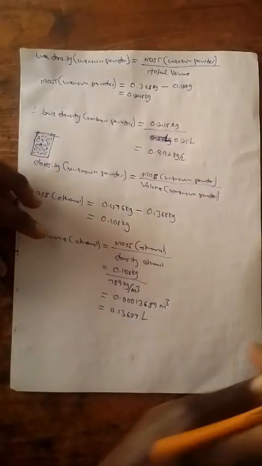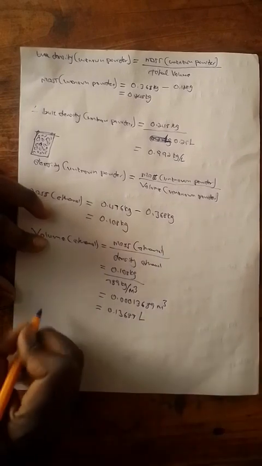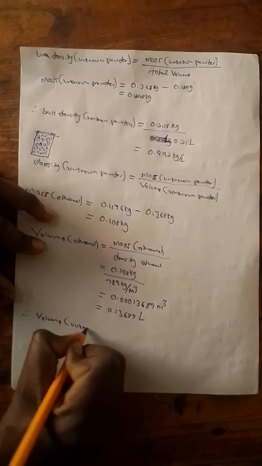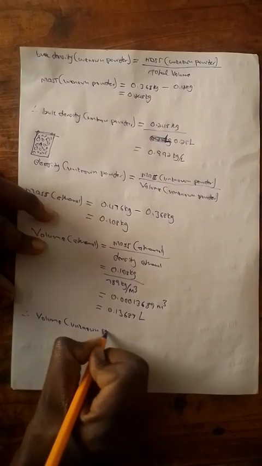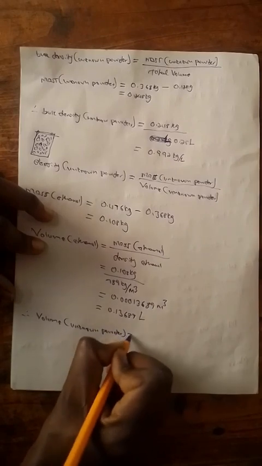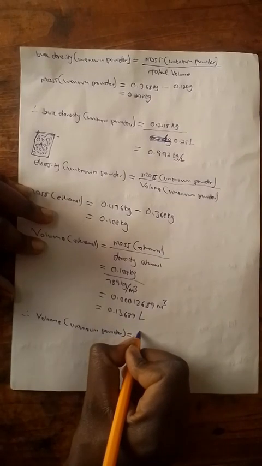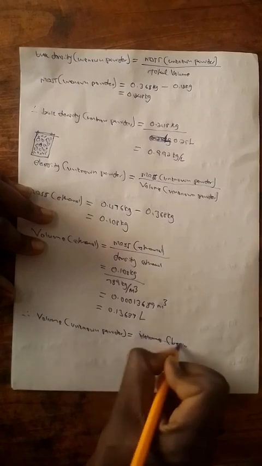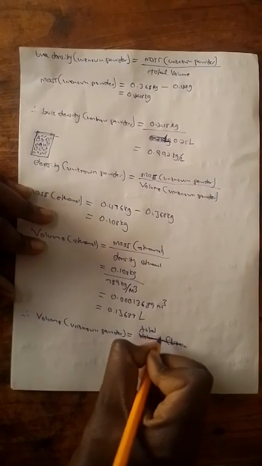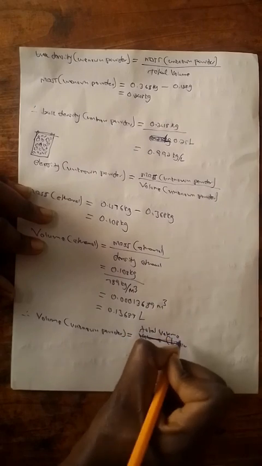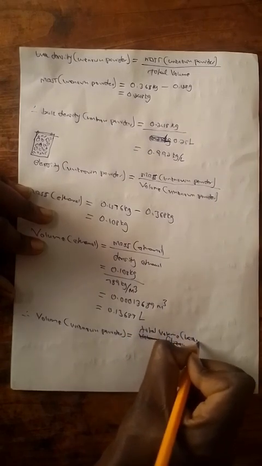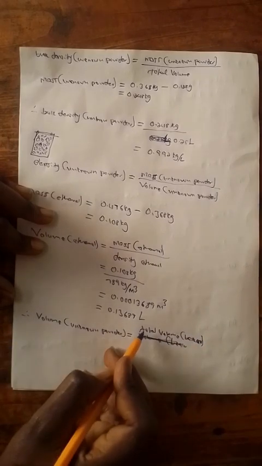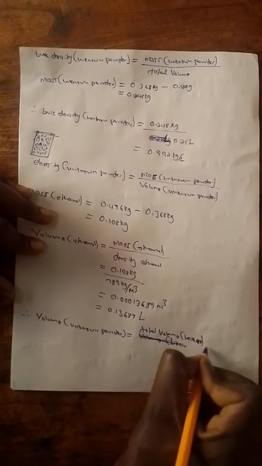So, which means if we have the volume of ethanol, then we can easily calculate the volume of the unknown powder. So we can just say, therefore, the volume of unknown powder is equal to the total volume of the beaker, excuse my handwriting, guys. The volume of the unknown powder is equal to the total volume of the beaker minus